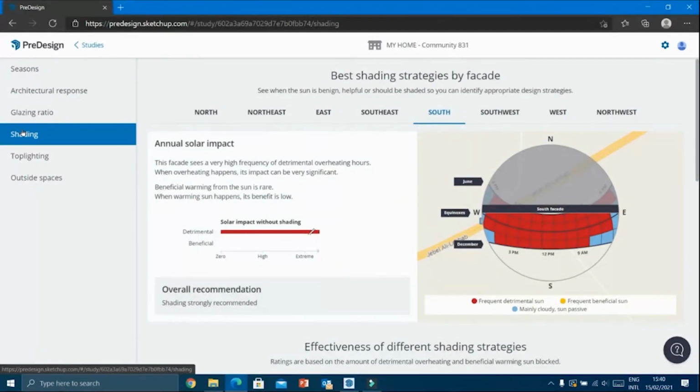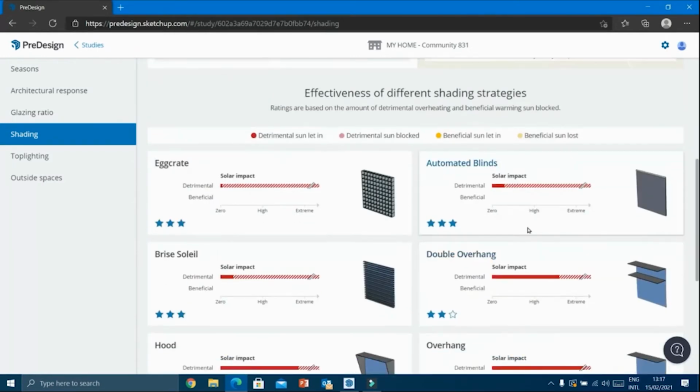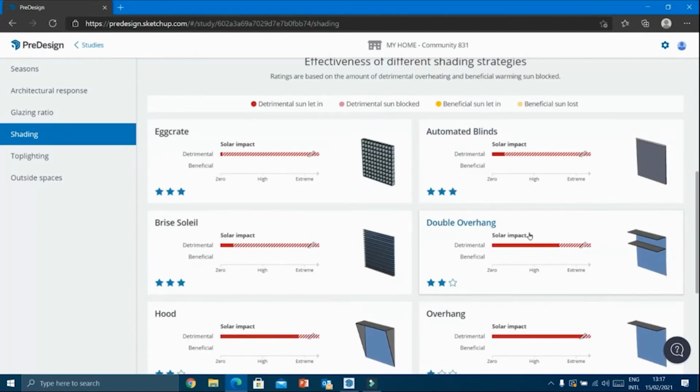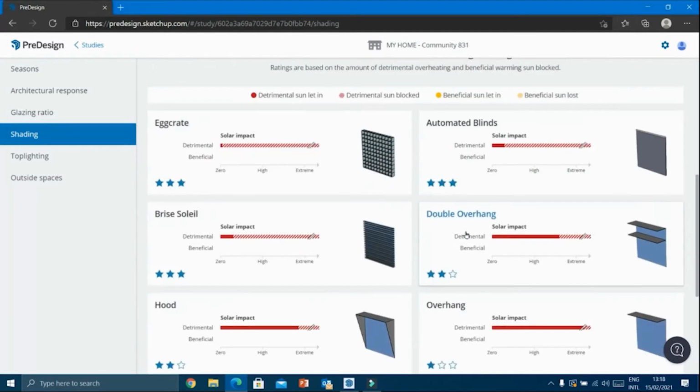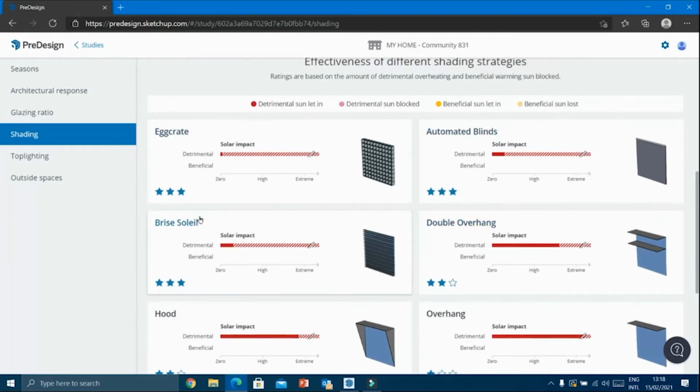Here in this shading also, we can explore 8 different shading strategies for 8 different phases of building. And here this map will show different time periods with different months and the associated properties with different time intervals. And when we scroll down, it shows different sets of shading strategies, and also it shows the different impact of these shading strategies in our design. And this one will suggest the best shading strategies for our design.